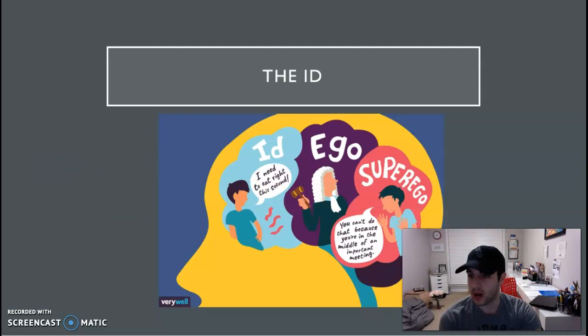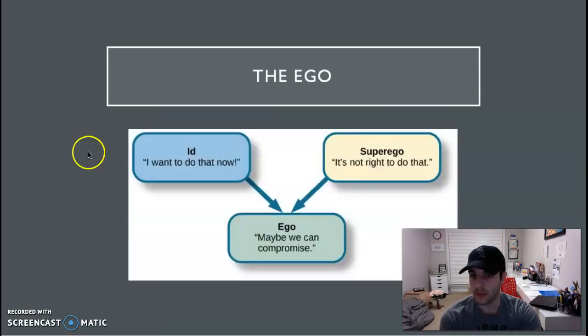Now we'll move on to the next level, the ego. The ego can be described as the rational structure of the three. Its goal is to help reduce that tension that the id feels. But the ego actually has a grip on reality. So it will help provide that tension reduction, but it will decide when and how it can be satisfied. The ego doesn't really stop the id, but instead it does it according to reality. This is defined in a term called the reality principle.